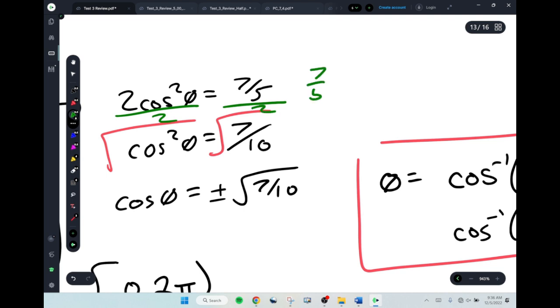Keep, change, flip. 7 over 5. Change, flip. Equals 7 over 10. Answer is either